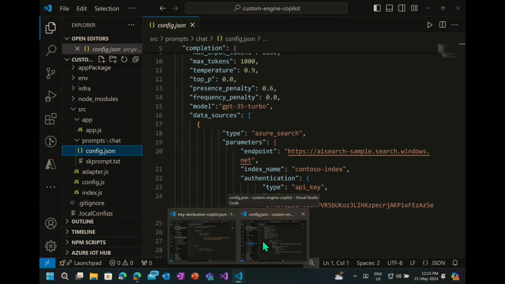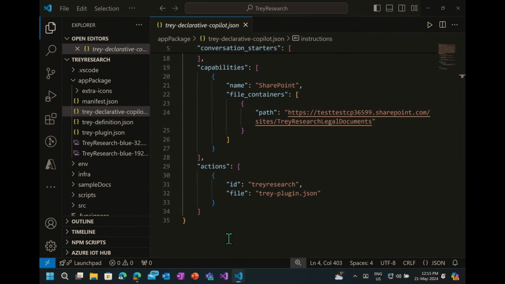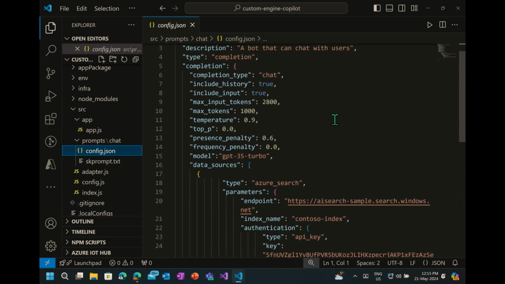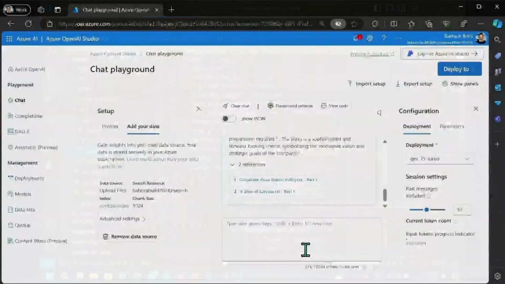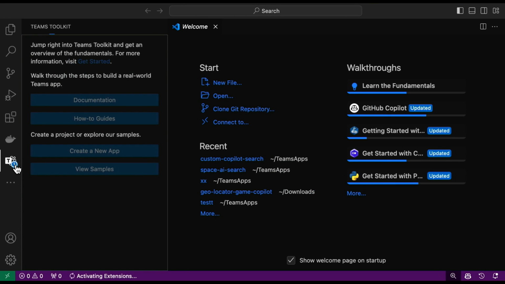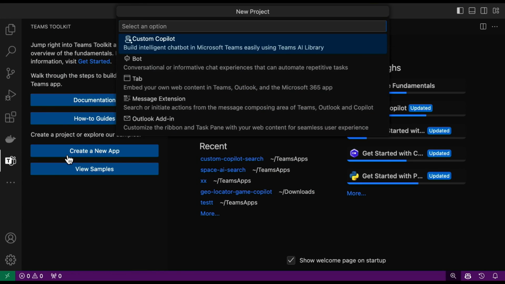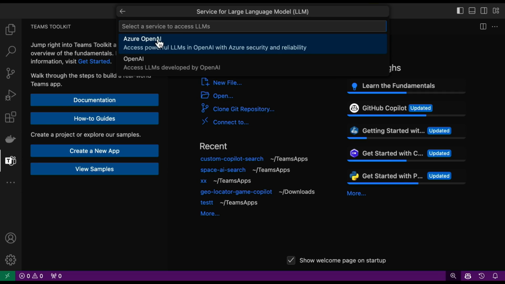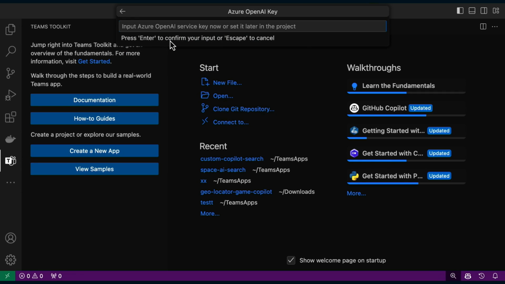I had one more video to show, actually. You use Teams Toolkit in VS Code and choose Custom Copilot. Once you instantiate a project, you can edit the project inside VS Code and publish it either to Teams or your own custom UX.